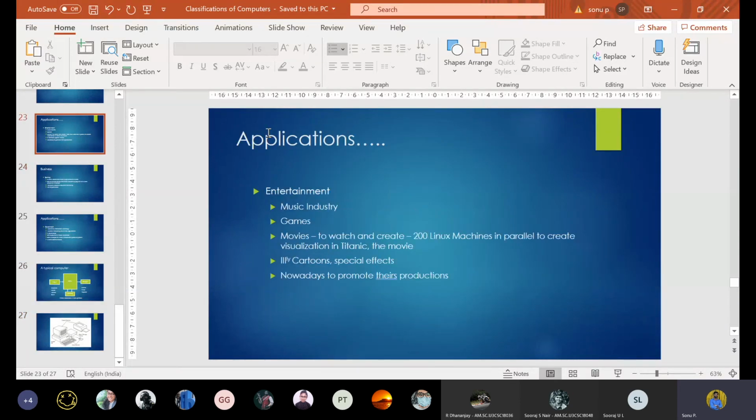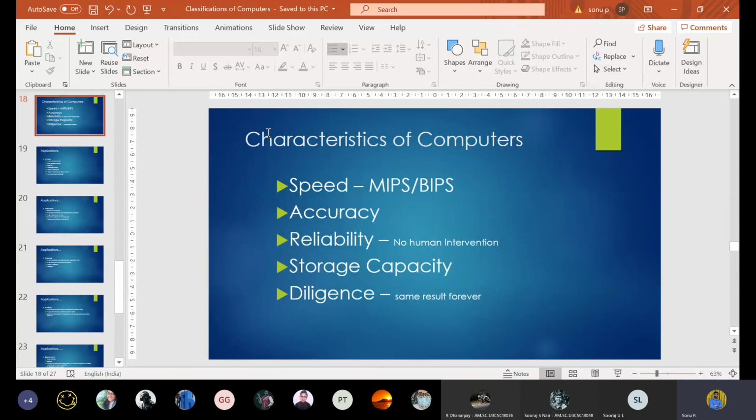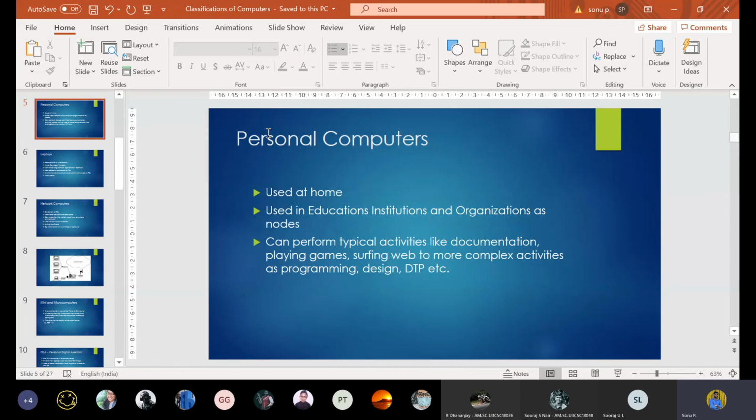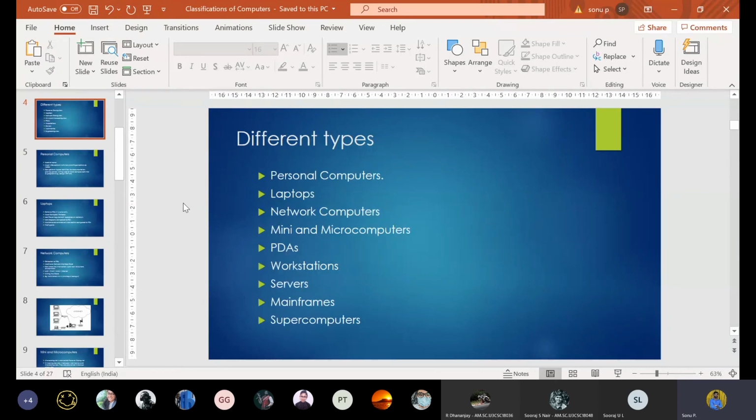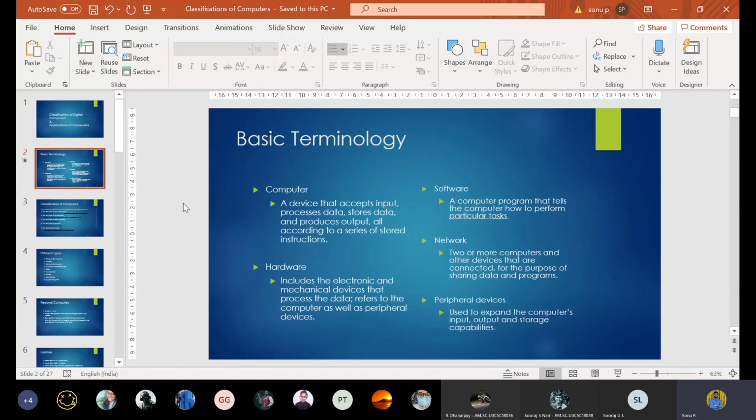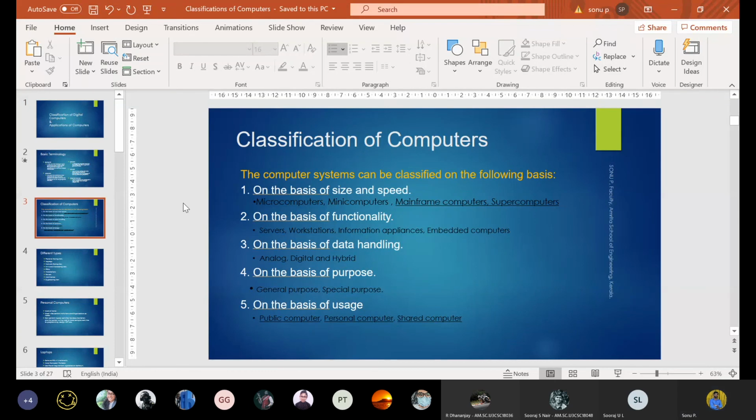And so, for the assignment, today's topics are all considered as an assignment. I just talked about some facts; you can explore them, and you can come up with the assignment. Second slide, and as the third slide, a brief explanation of these concepts. Classification of computers is based on different factors mentioned here.